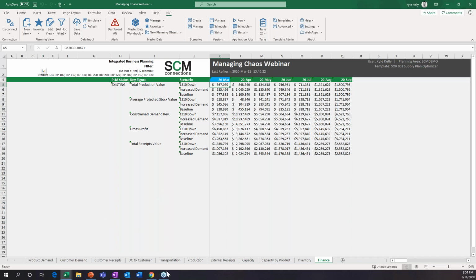Right, and then the last piece I'm going to show you here, just very briefly, is this. This is all great for those that like to really dig into the numbers and are at the supply planner level. But what about those people who just want to get a brief glance at how things are going, maybe the higher-level manager, or you have a general reporting that has to occur?